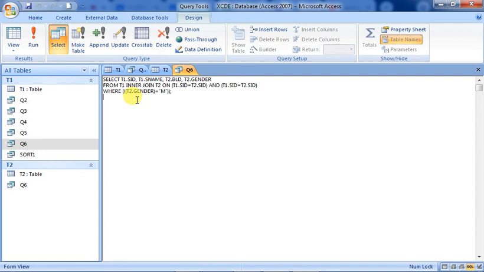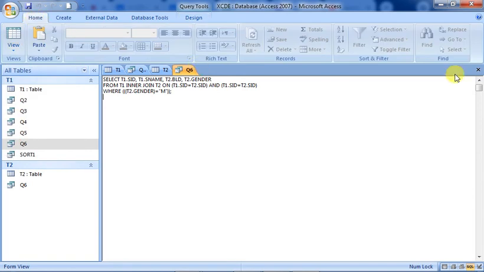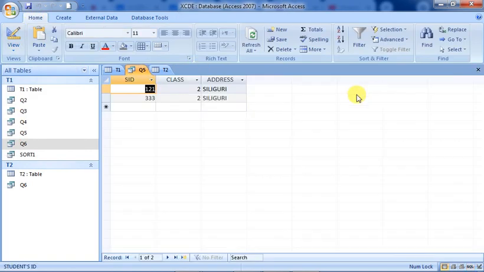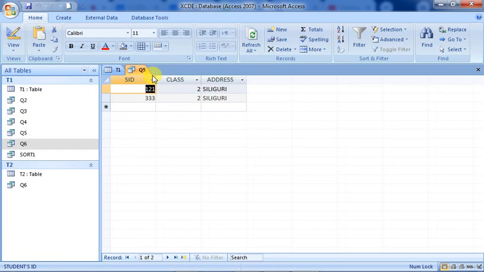So now we will make some other query, using query design rather than the query wizard. We'll just make a table of this kind. Now we are going back to the home, and closing this query. Then we will see some SQL commands we will use in order to make a table. Now you see how that has been made. That also we will view today.